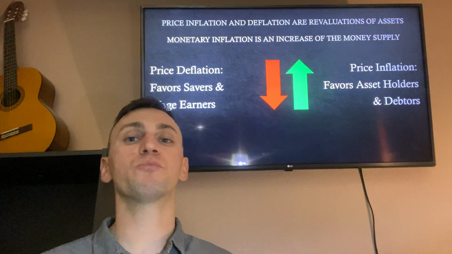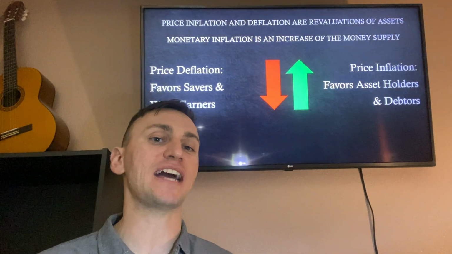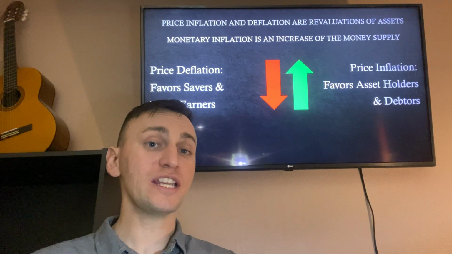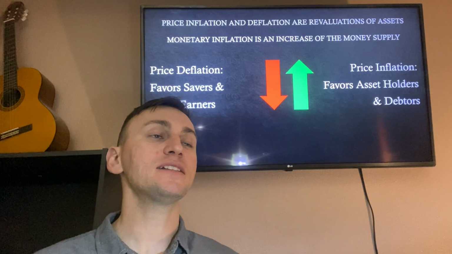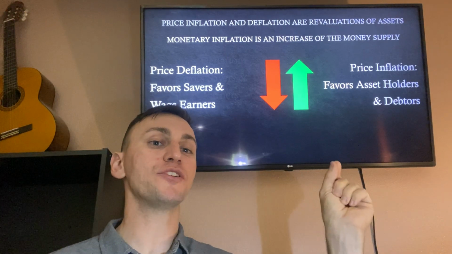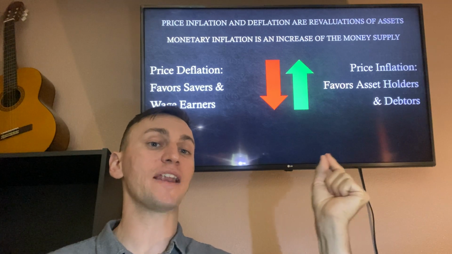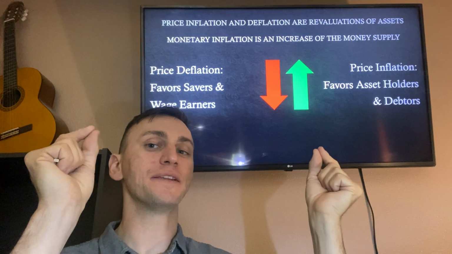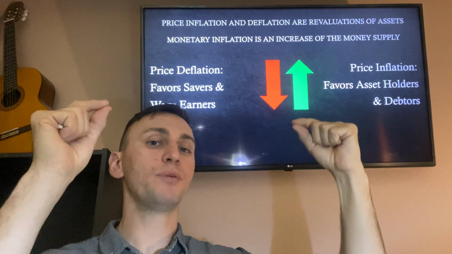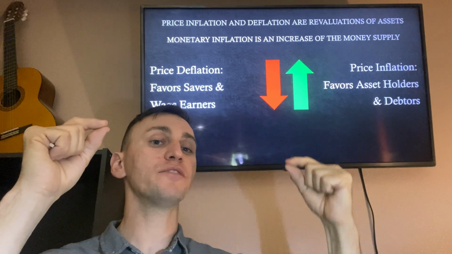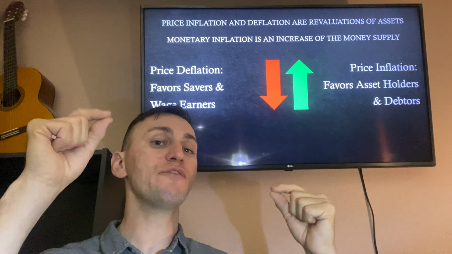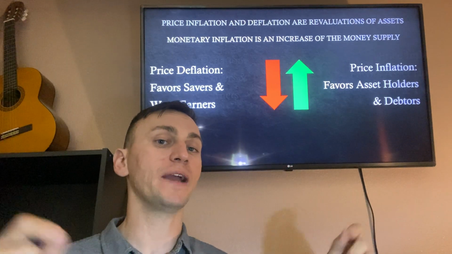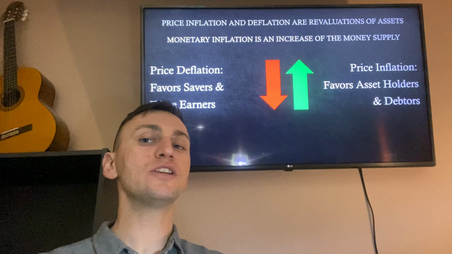So to lay out some ground rules, price inflation and deflation are revaluation of assets, okay? What do I mean when I say that? I'm saying that it is a redistribution of value. That means that if there is something that everyone values a lot, a lot of people want it, it's very high demand, and something that people value very little, very low demand, deflation may cause both of these prices to go down. However, one can fall more than the other, which means that you've revalued this higher. So this can buy more units of this when previously this could buy more units of this, right? So all it is is a redistribution of valuation.